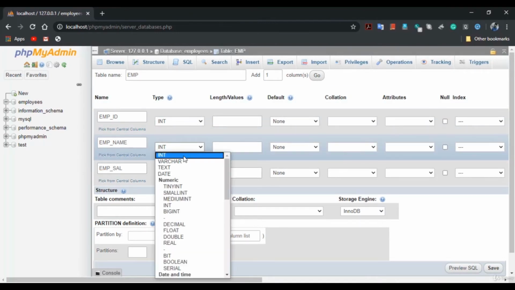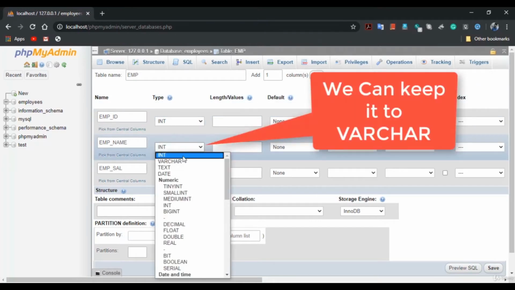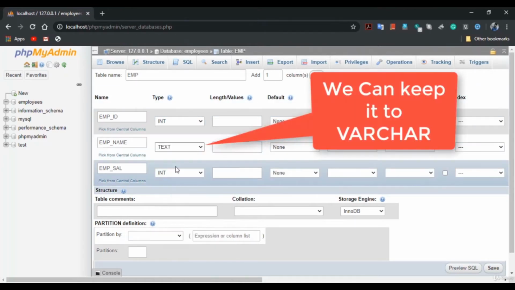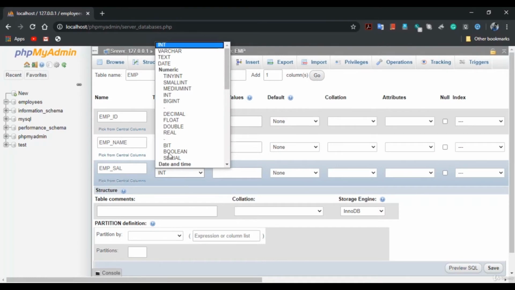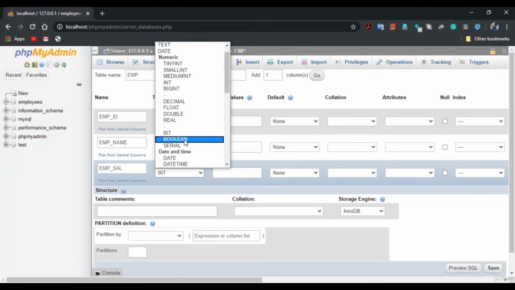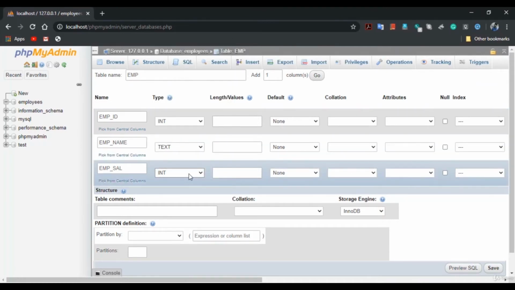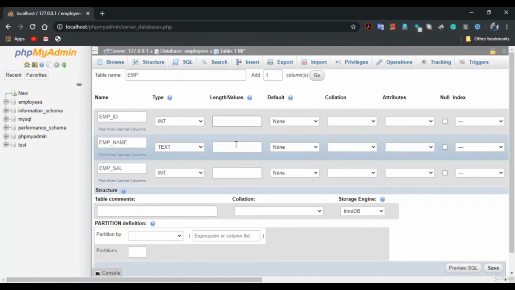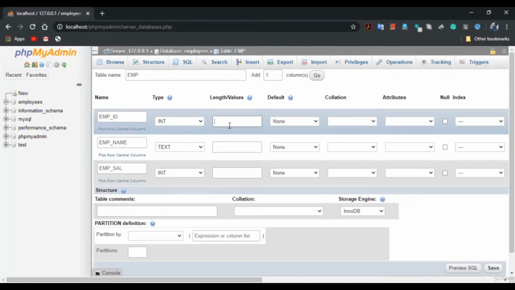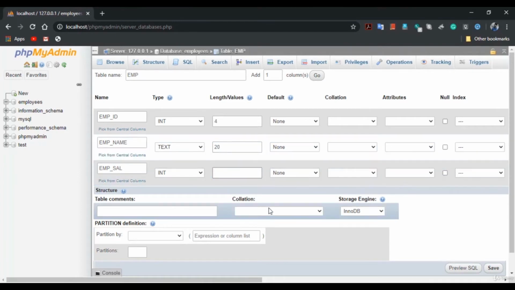Choose the data type. ID should be integer. Employee name, keep it to text. Employee salary, you can keep it to double or float, but we will assign whole value. We are going to assign whole value, so let's keep it to integer. Assign the length, let's say 4. Employee name, let's say 20, and salary,